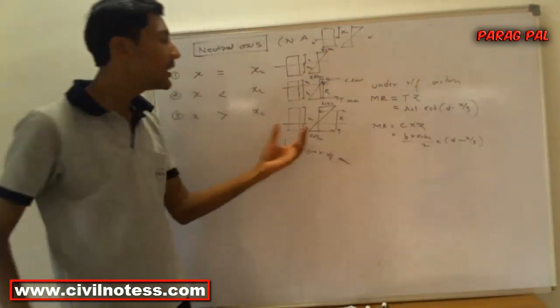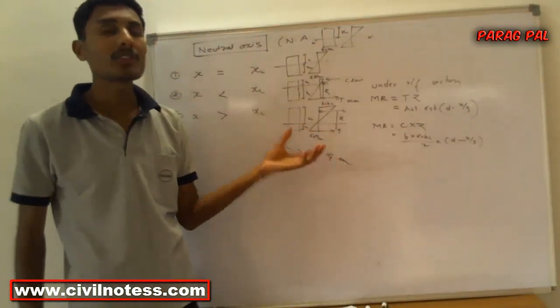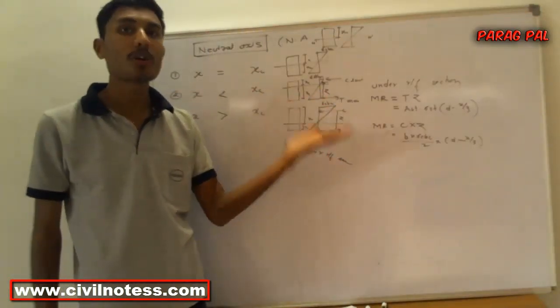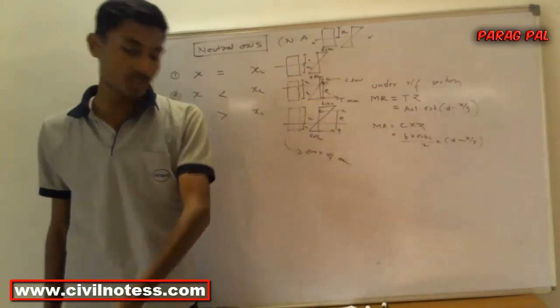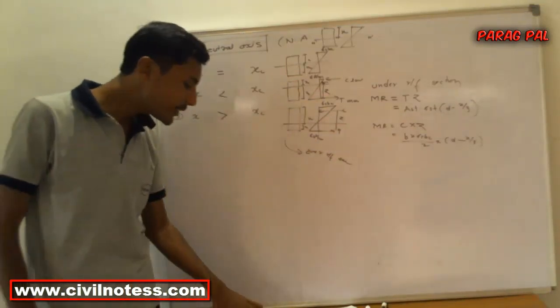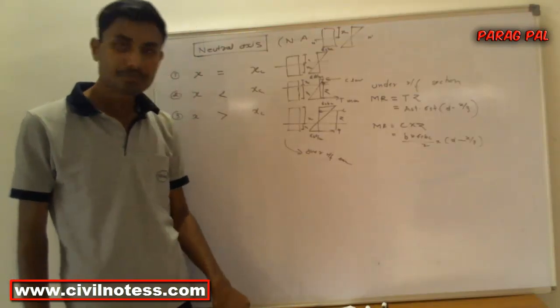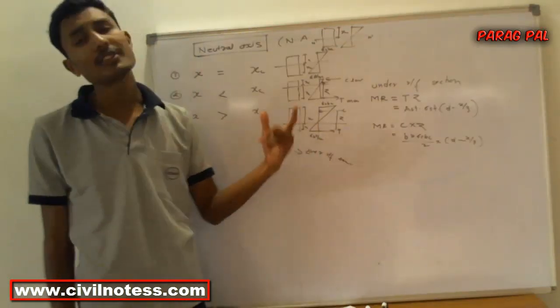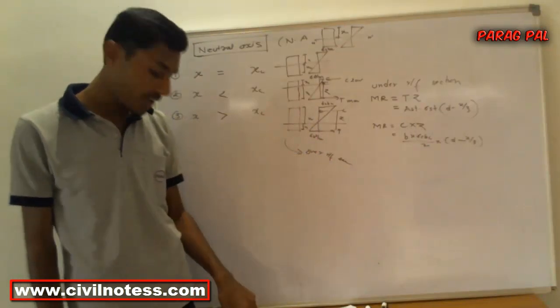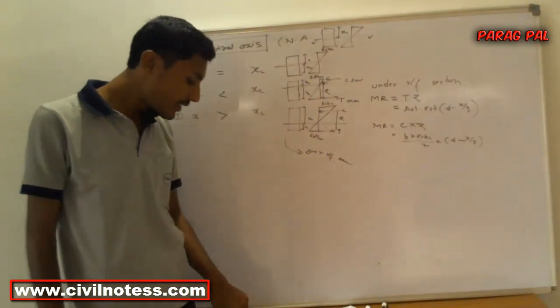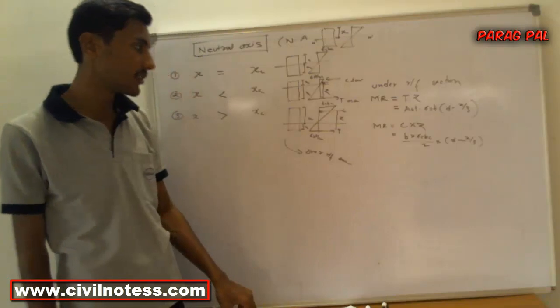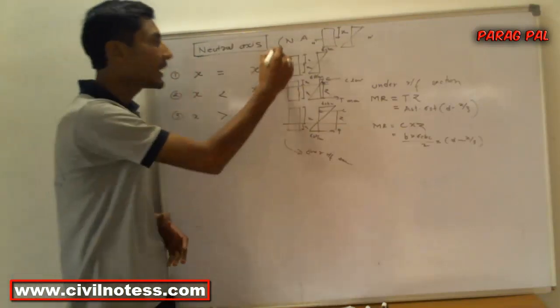That means the steel reaches the minimum permissible stress as compared to the concrete, because the concrete reaches the maximum permissible stress. The failure takes place due to the crushing of the concrete at ultimate load, and this collapse is sudden. It happens because of the concrete, and the steel provided is more than the steel required for the balanced section. We always have to make this category of section.